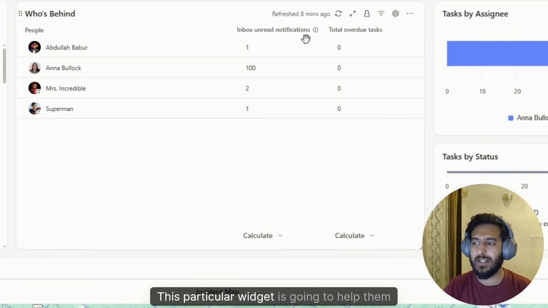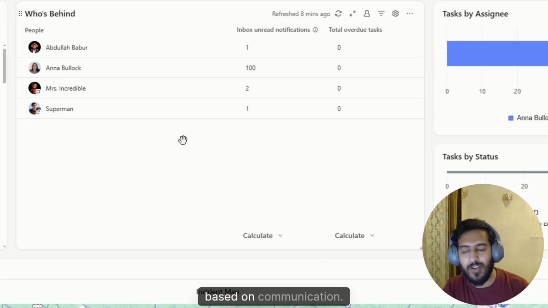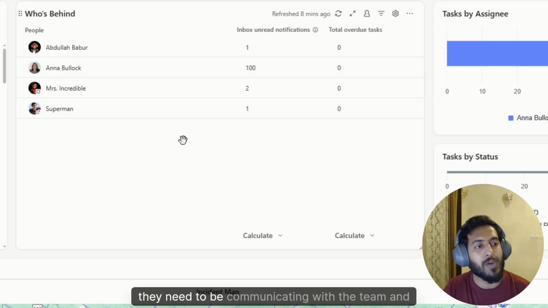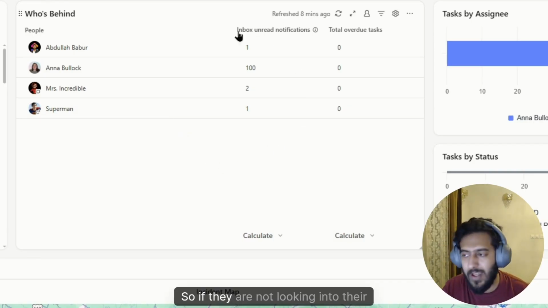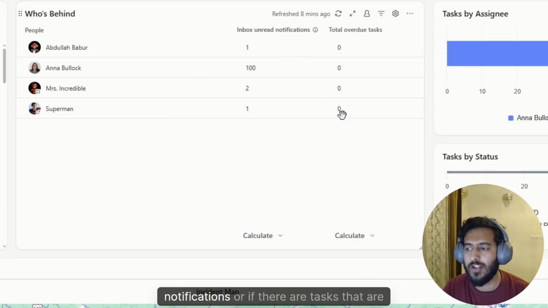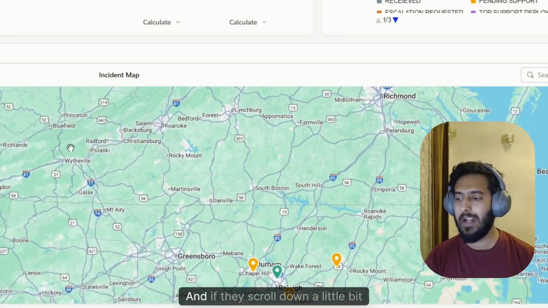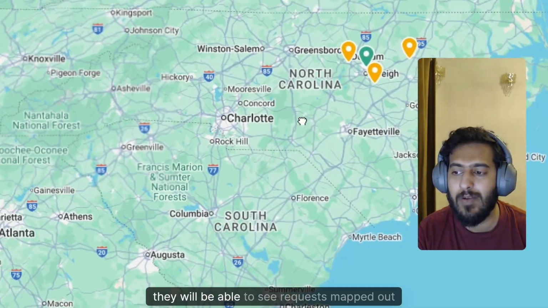This particular widget is going to help them understand who is behind based on communication. So even if those are the superheroes, they need to be communicating with the team on the requests that they receive. So if they are not looking into their notifications, or if there are tasks that are overdue, those will show up in here. And if they scroll down a little further, they will be able to see